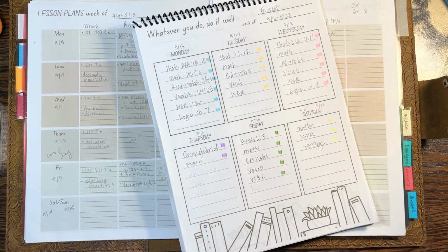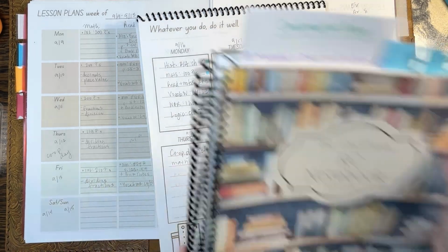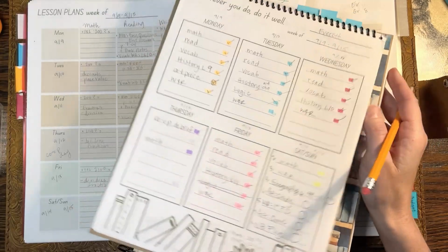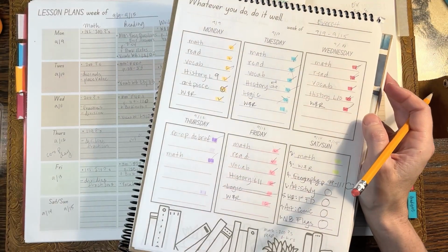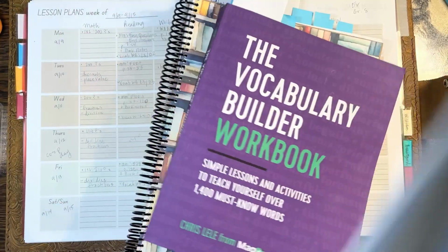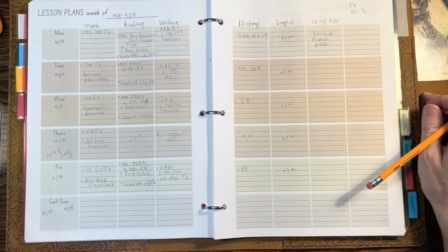Okay, 8th grader is checked and planned for. He does still have a few things to finish for his weekend. Okay, I'm gonna put his pile out of the way. All right, next is